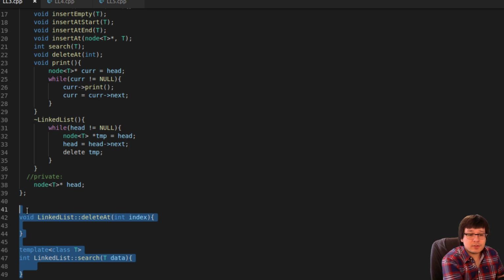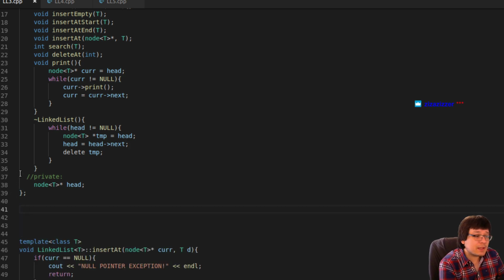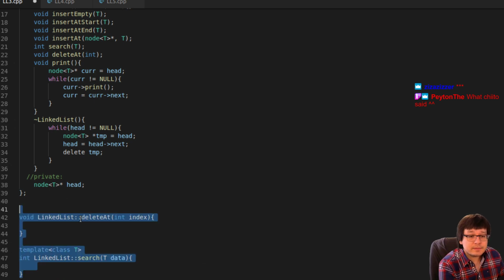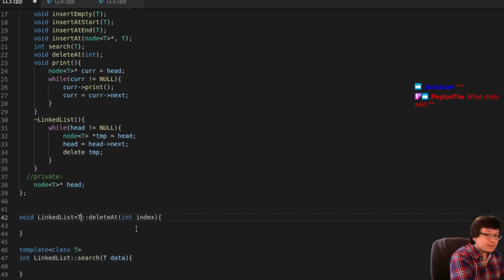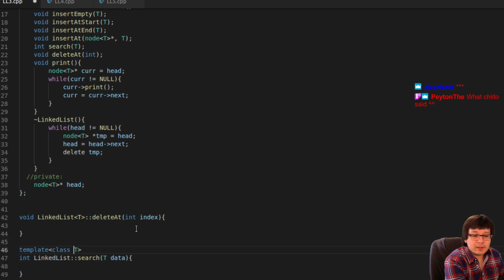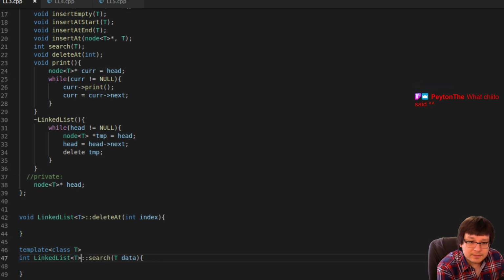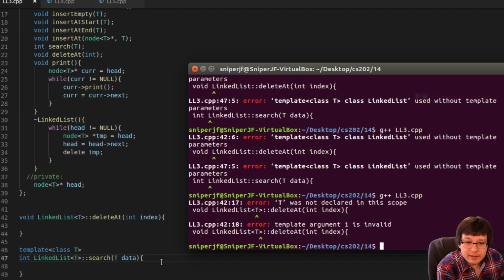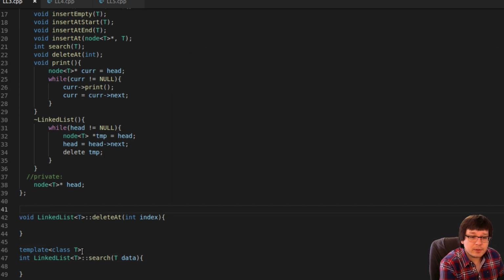Okay, let's just erase all this for a second. Maybe I'm mistyping linked list. You have written linked list, not linked list. Oh, yeah, you're right. Yes, thank you. So that's what we've been trying to say all along, too. Okay, so that takes care of that. And then I just need to put the template thing back in there, probably.